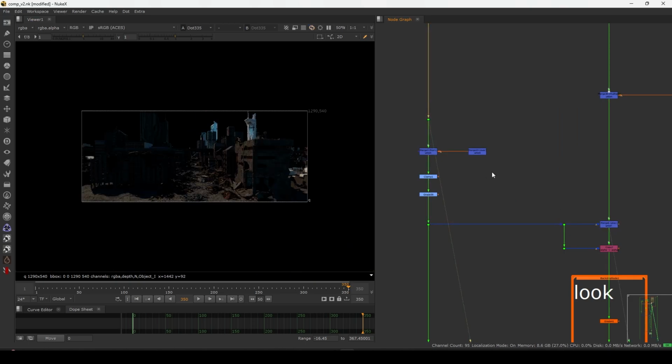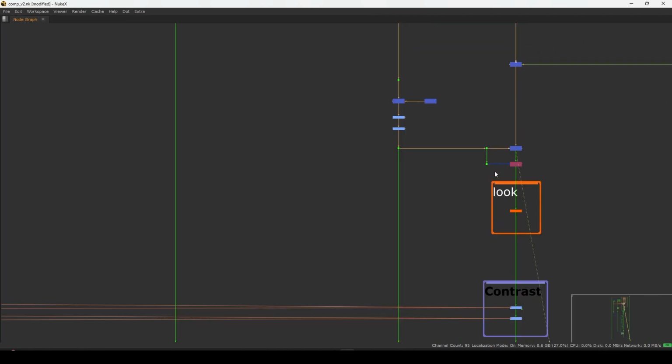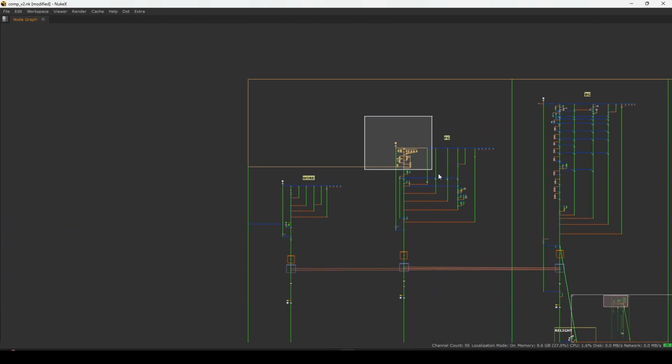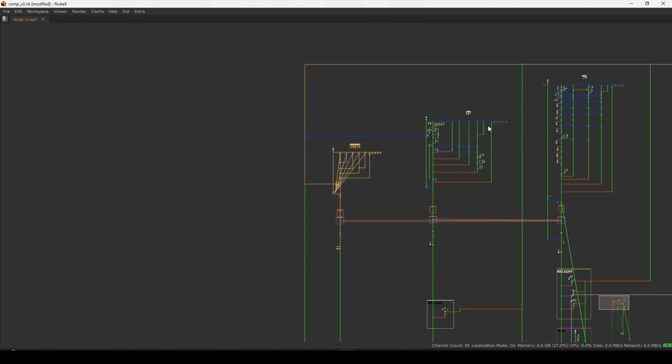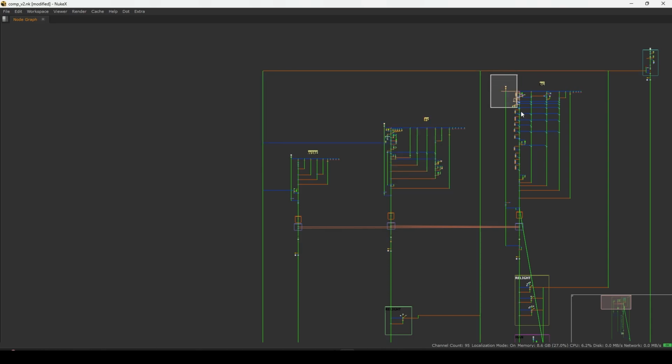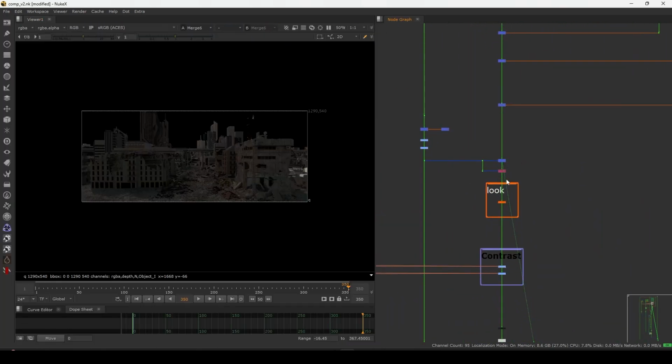Currently it's not matching because I did a lot of color correction here to get the look. So this is how I did this one, this one also, and this wire also. If you check, these three are looking exactly the same setup. And after that, I want to do a global